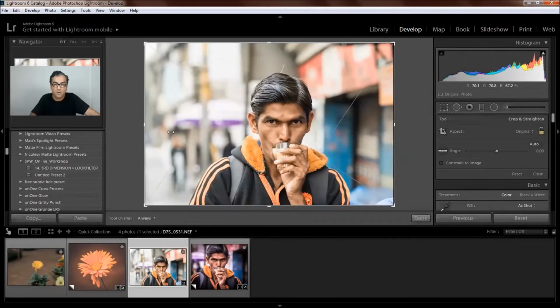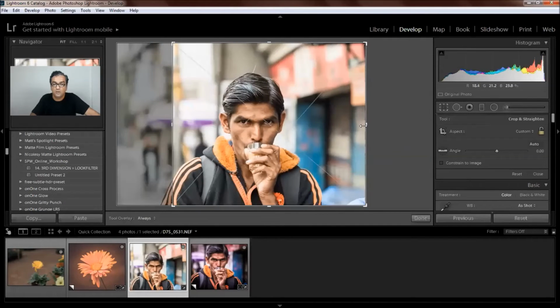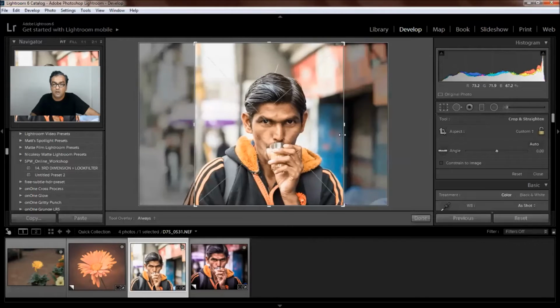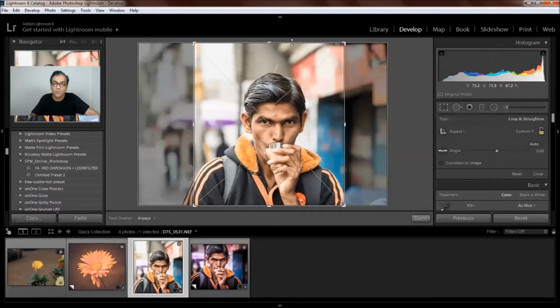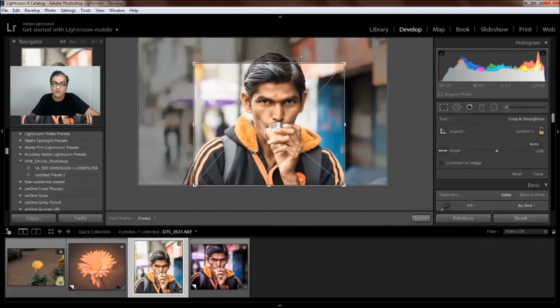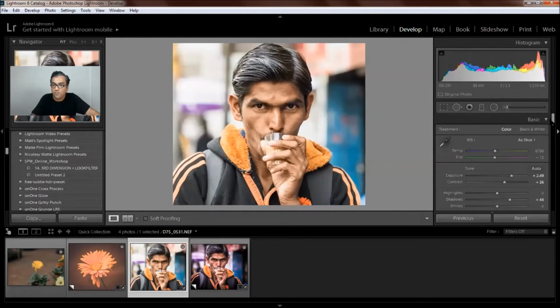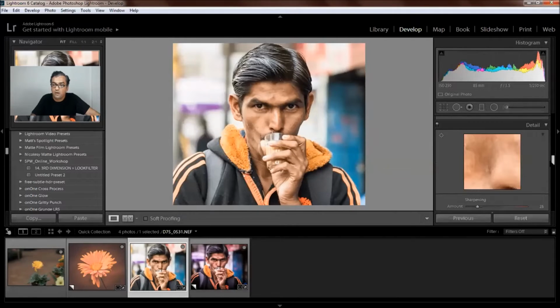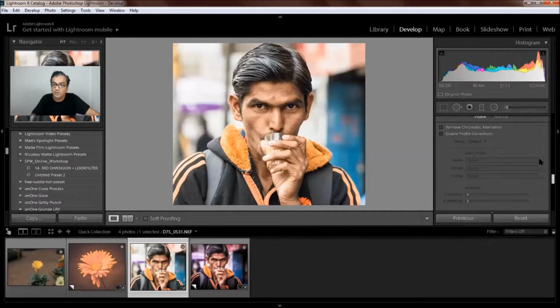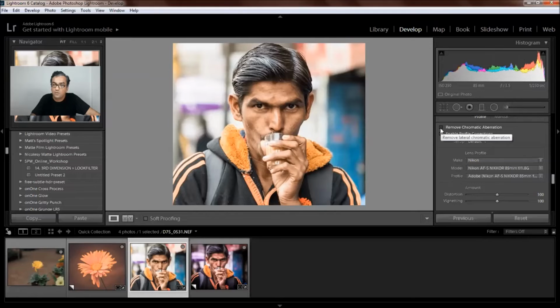We can crop the image to make it look more impactful. I just keep the pointers around the eyes and the fingers. And we can do lens correction, so it will not look distorted.